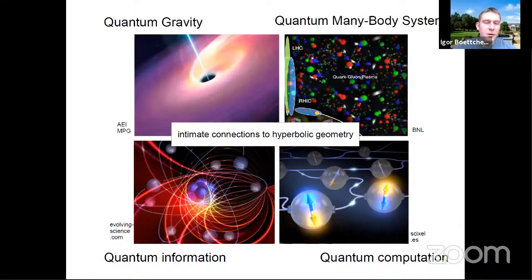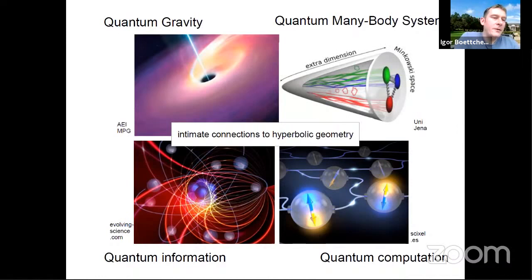Now, I want to convey the idea that all of this is intimately connected to hyperbolic geometry. It's not such a surprise for quantum gravity. After all, it deals with curved space, which is non-Euclidean. But even quantum many-body systems are related to hyperbolic geometry through the insight, which is usually called the holographic principle, or goes under the name of AdS/CFT correspondence, that if we equip our space with an extra dimension here,